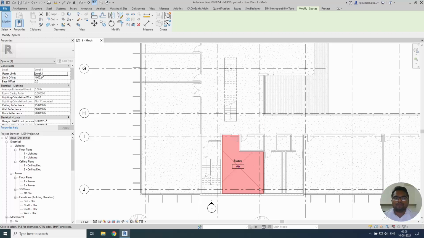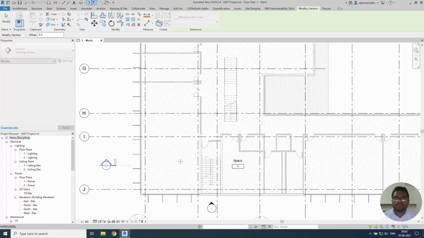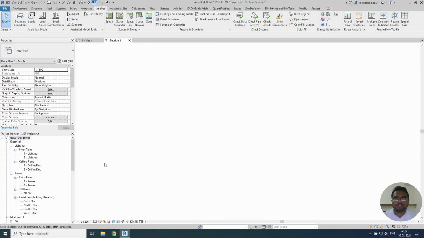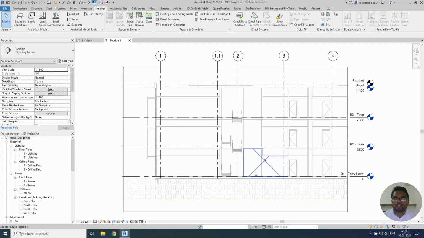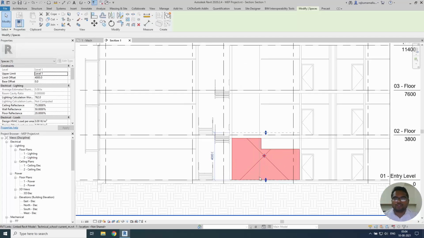The upper level will be automatically constrained as level 1, and the height of that room is 4000. If you want to see them clearly, you can create a section view along the axis. Double click on the head, and now you can see the room which is created with 4000 height from the